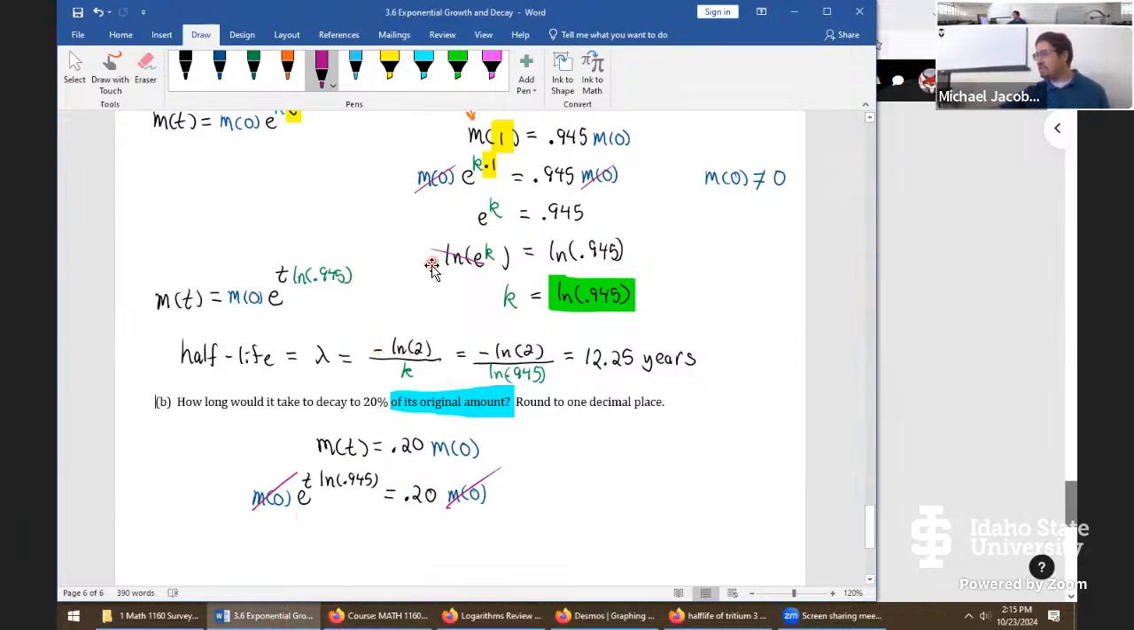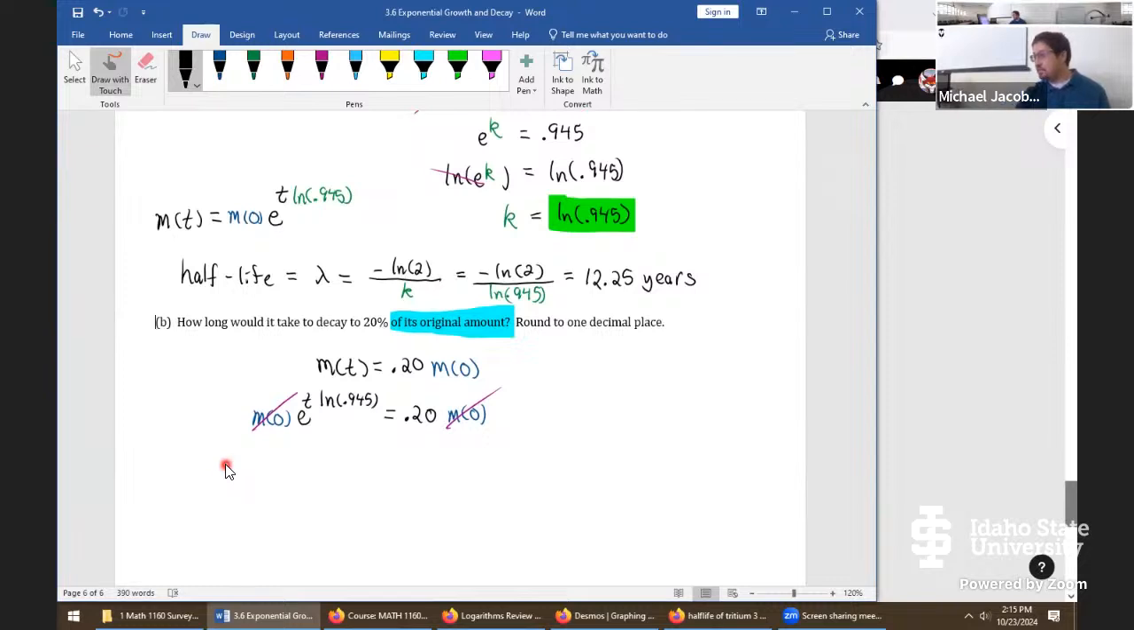So we're on this step right here, essentially. We're just solving for a different quantity. We're solving for time this time. So natural log e to the power t times natural log 0.945 is now the natural log of 0.20. That gives us a cancellation. And on the left-hand side, it's just t times the natural log 0.945, now set equal to the natural log